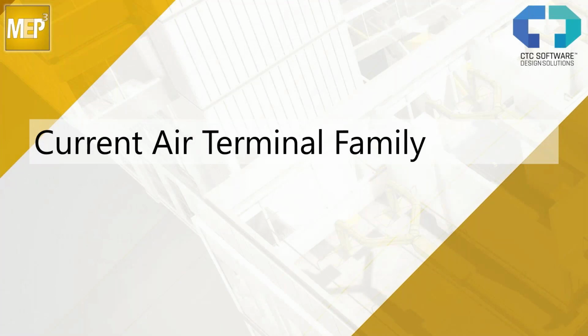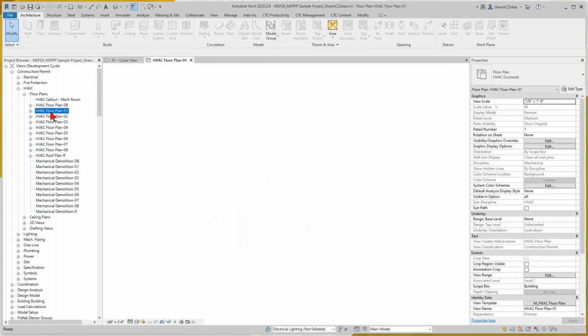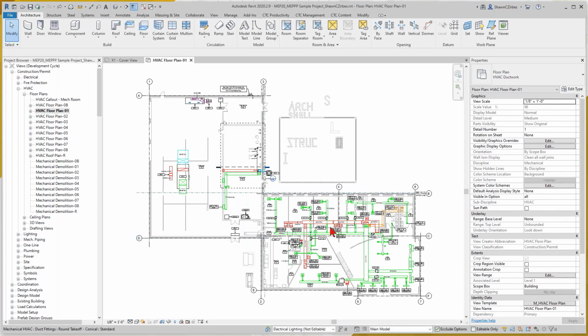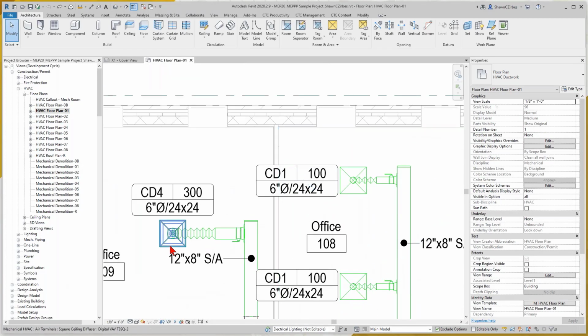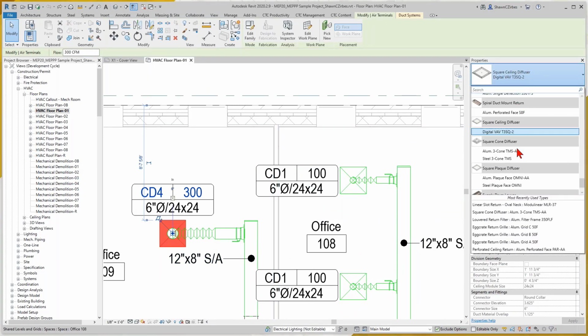within Revit, within the project environment here. So I'm in the MEP Productivity Pack here. I'm in a floor plan over here, and I'll be using this floor plan in a minute. And there's already some air terminals placed out here. In fact, this is the square ceiling diffuser,